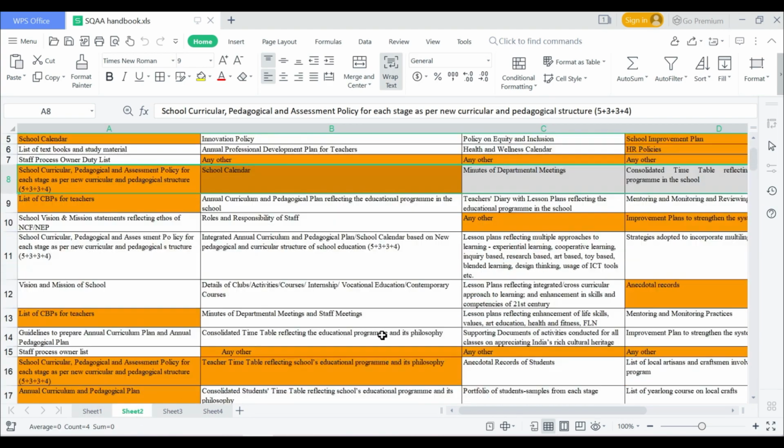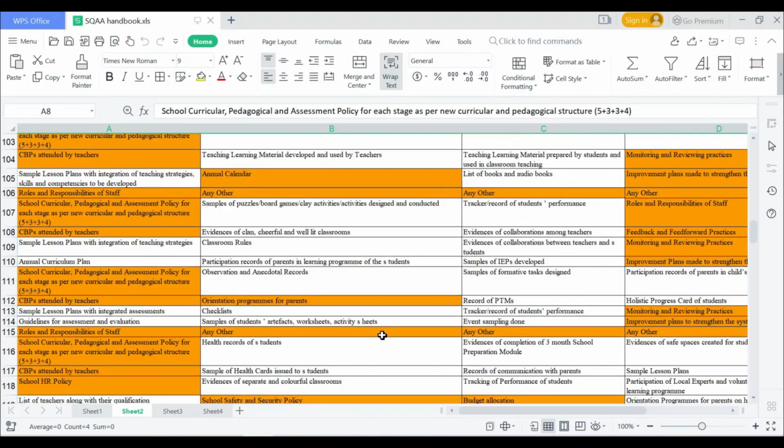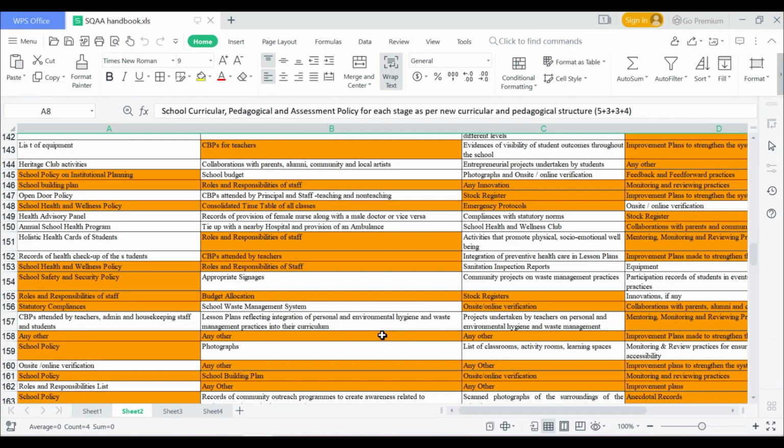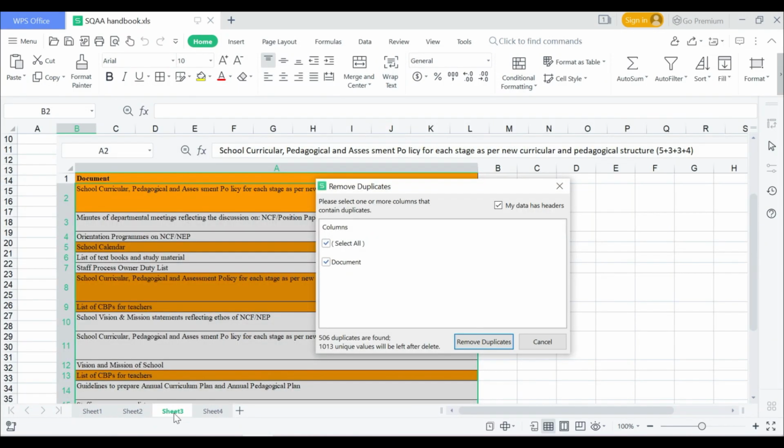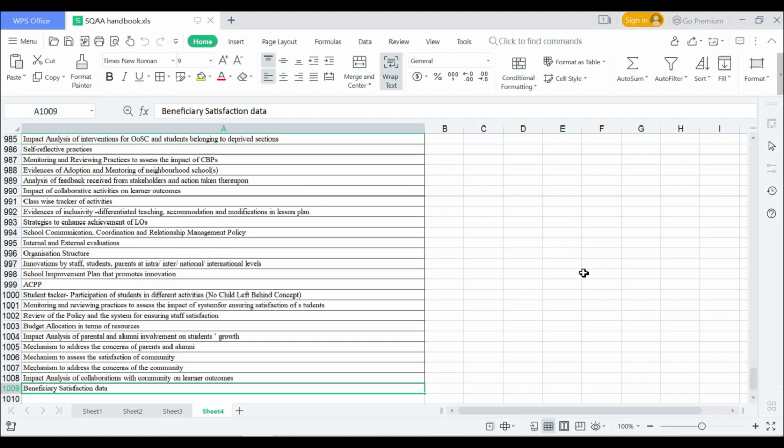The repeated documents are highlighted in orange color in sheet 2. I removed all the duplicates and consolidated all the documents one by one in sheet 4. We have around 1009 documents listed in the sheet. Hope none of you expected this number.